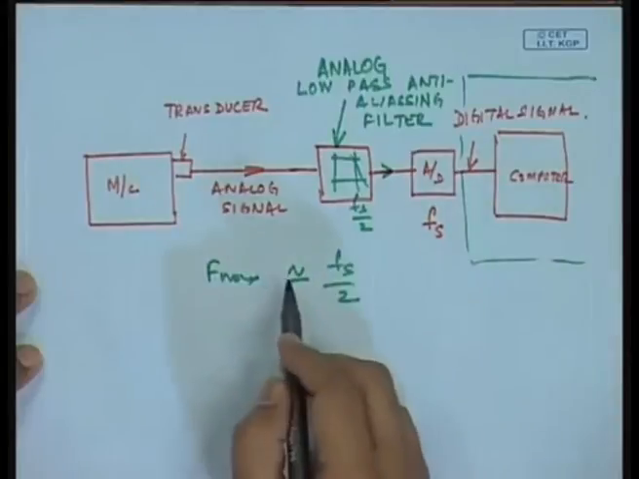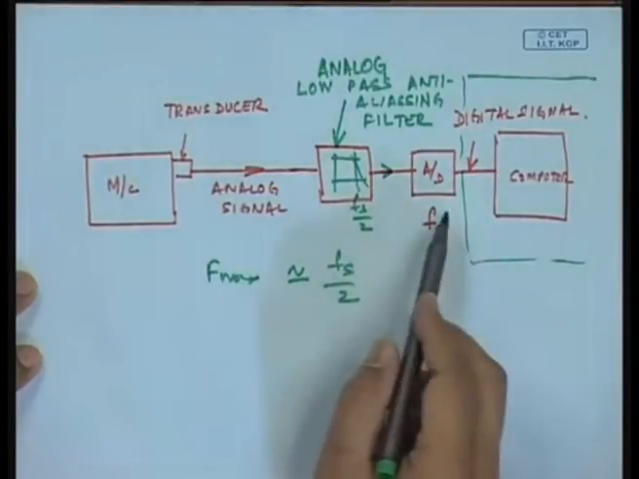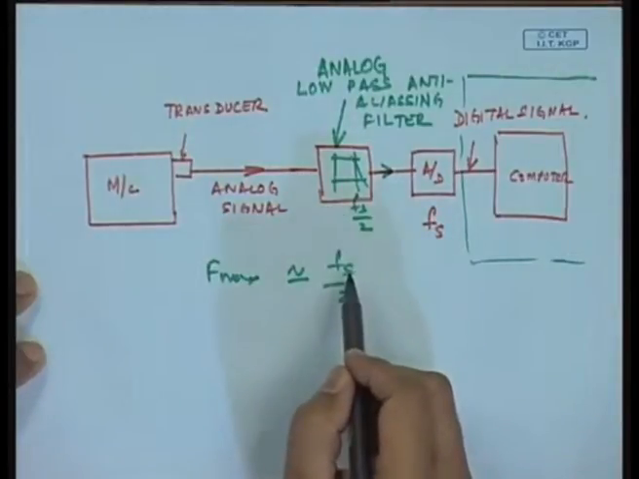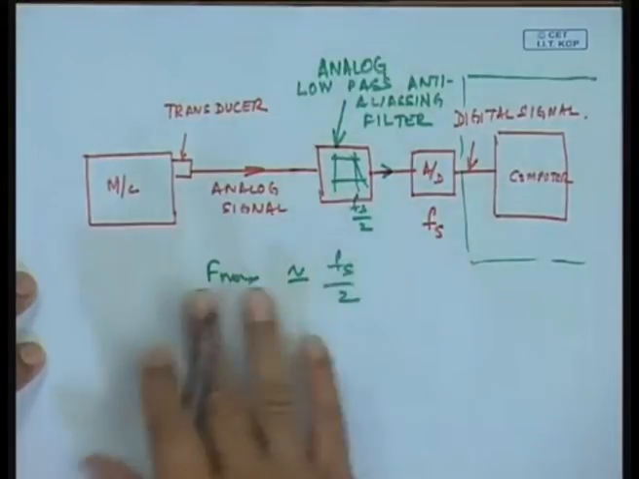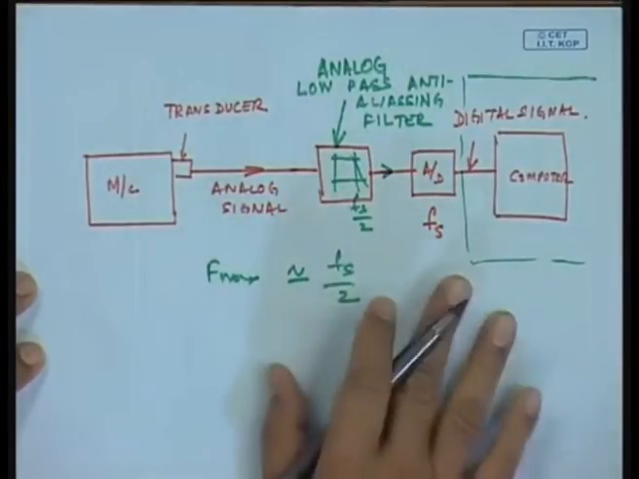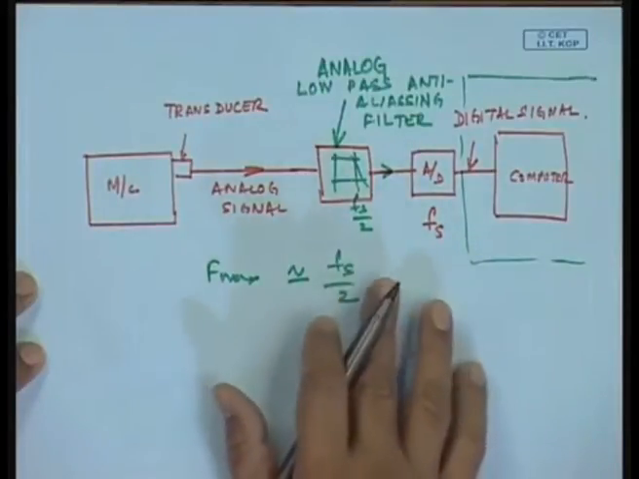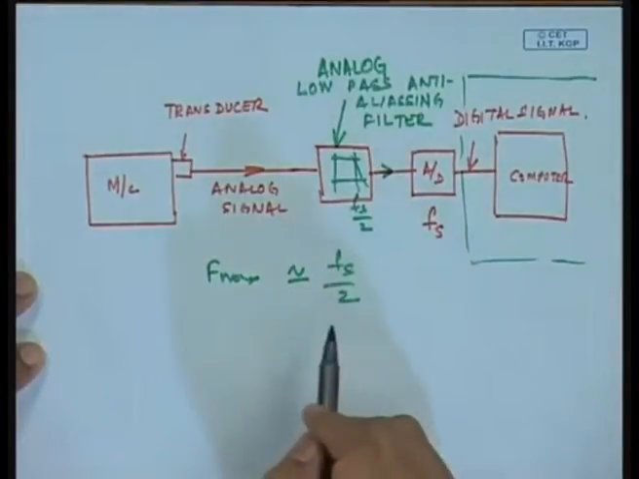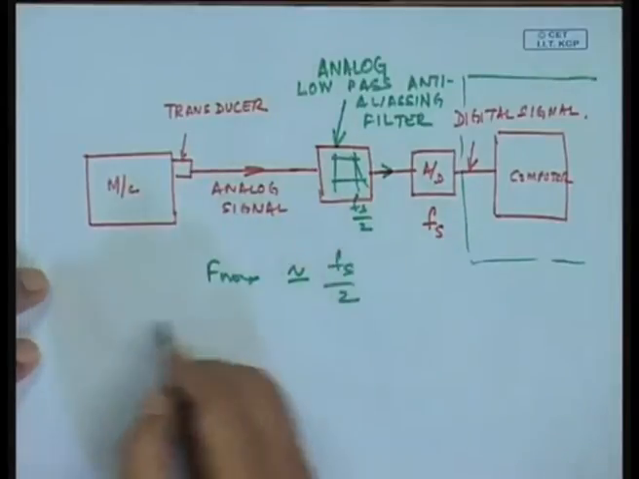So, there are many A to D devices wherein in the front end, before the A to D conversion, we will have an analog low pass anti-aliasing filter, so that the Shannon sampling theorem is obeyed, and I will not have any aliasing problem. So, not all A to D cards or A to D devices come with an anti-aliasing filter, because I will tell you regarding the signals. Signals